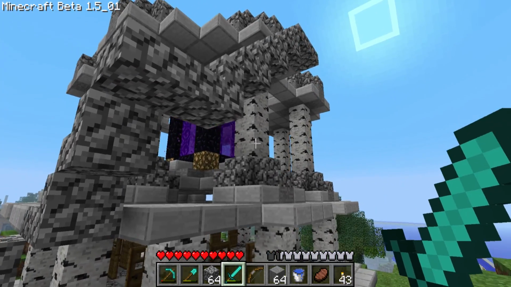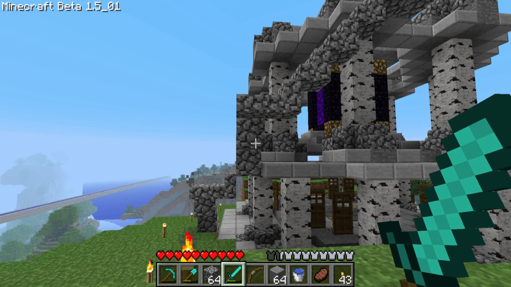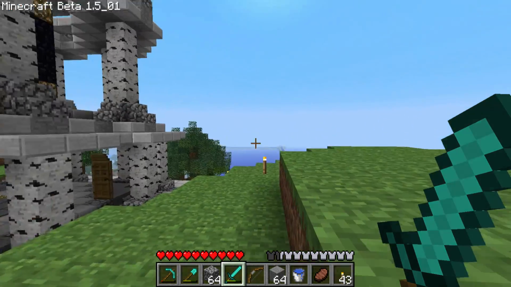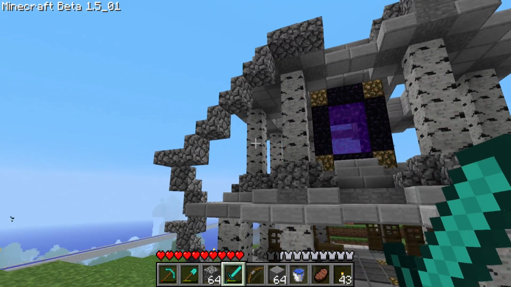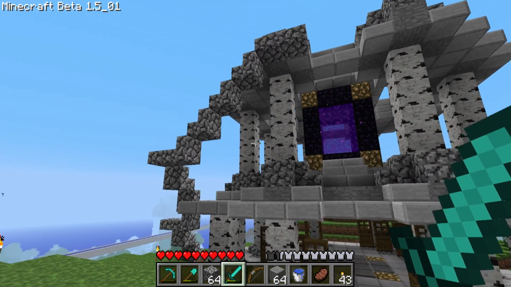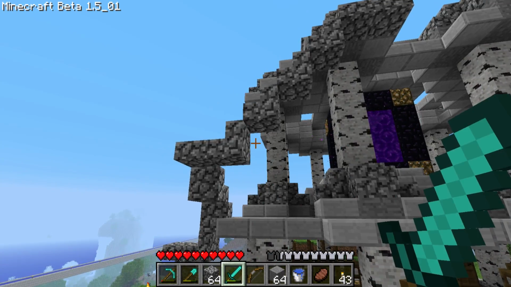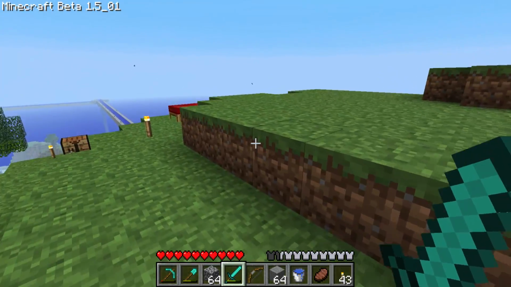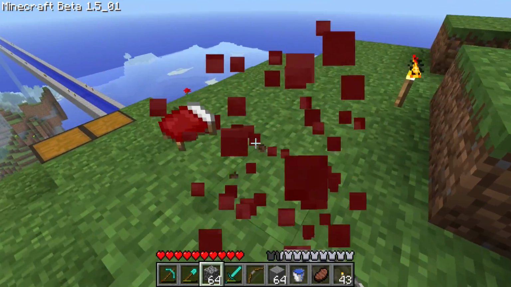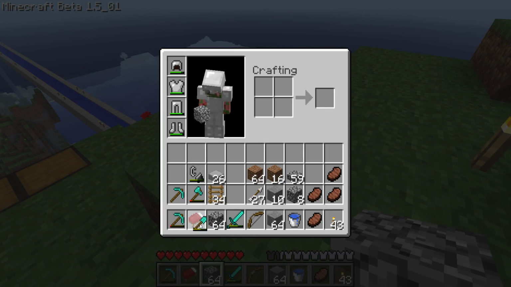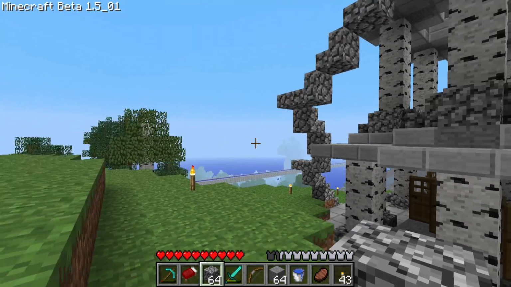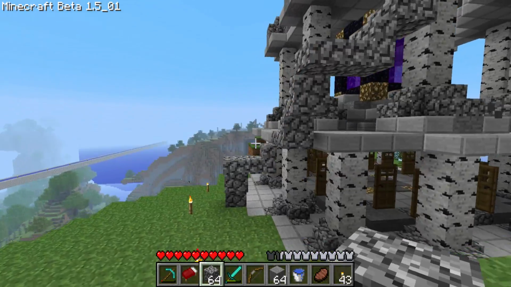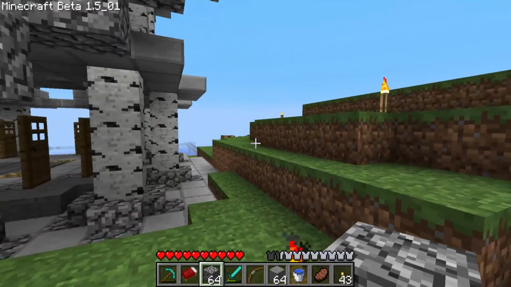So I did try to put this kind of spiral staircase idea on the outside, and I gotta tell you, it looks really dumb. It does not look good. I'm gonna get rid of it, but I'm not sure how to get to the top. Let's go ahead and plop this. We got to put the second bed up on the top. Then we'll be done, except for getting rid of the staircase.